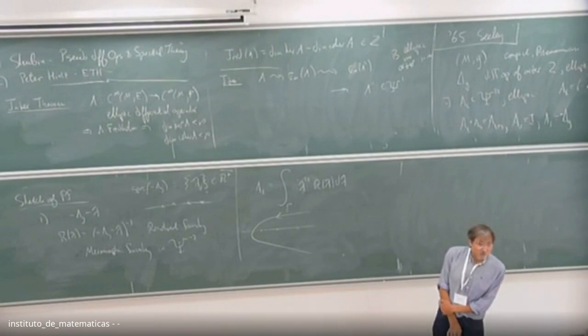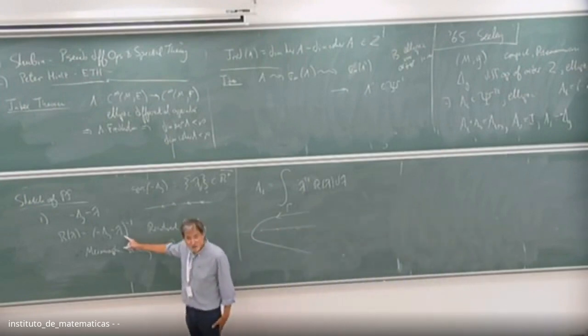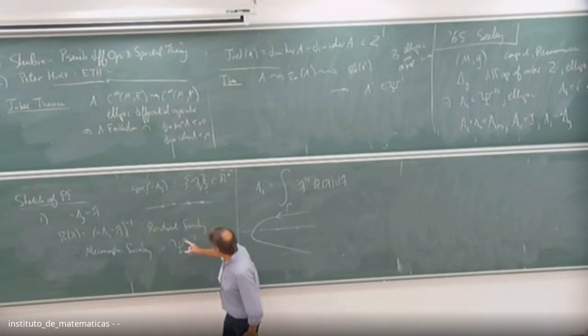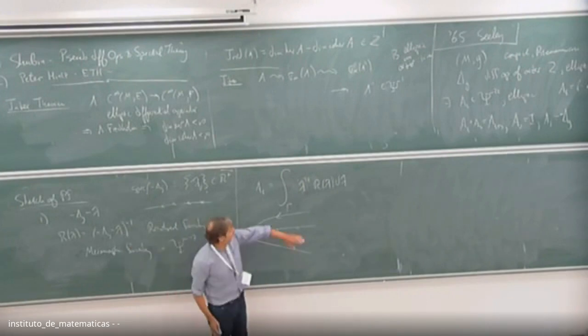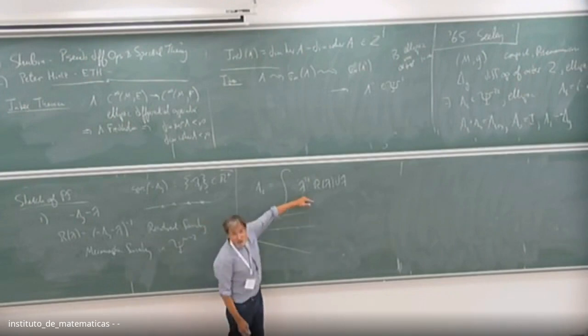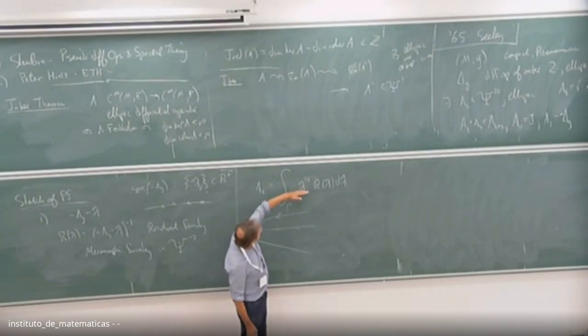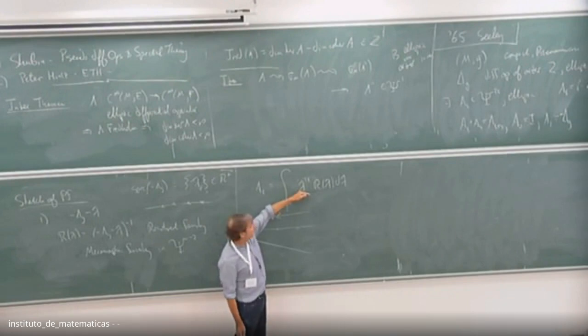Okay. Now, what do you need to make sense of this? Well, first of all, we know that these are all pseudodifferential operators for every lambda. You need to have estimates on how they depend on lambda as lambda goes to infinity, so that I can integrate it. So this is actually a convergent integral when t is negative or something, and then you have to do some tricks for t positive. But this is something that you can understand as an integral, always.